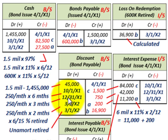Now at the end of the year, 12/31X1, this is where we have accrued some interest, because the actual payment is until 3/1 each year, but we have to recognize the interest expense between the last payment date of 10/1 and the end of the year, 12/31. So we've got 3 months sitting here, and that would have been $250 per month amortizing from 10/1 through the end of the year. So that would be $750, and then credit or reduce our discount by $750, and then we